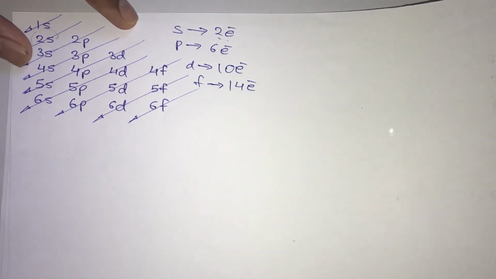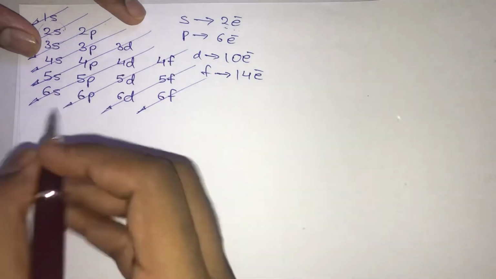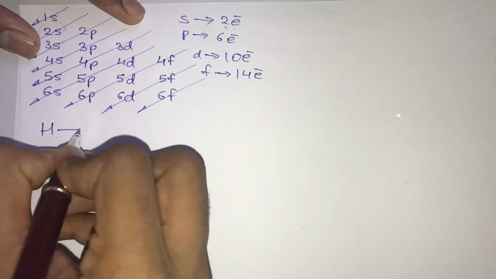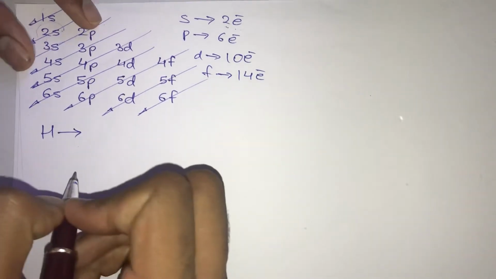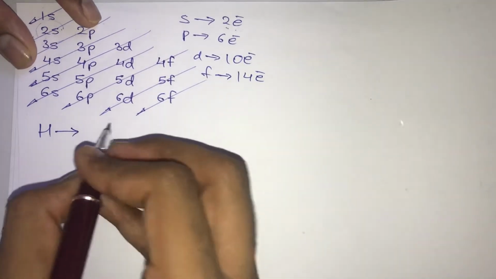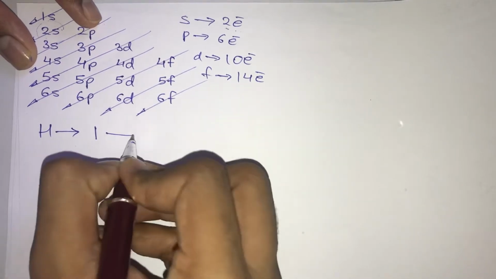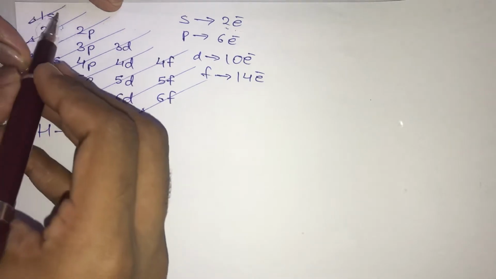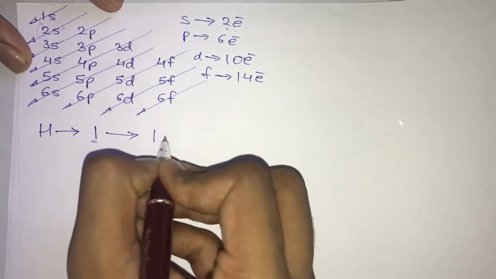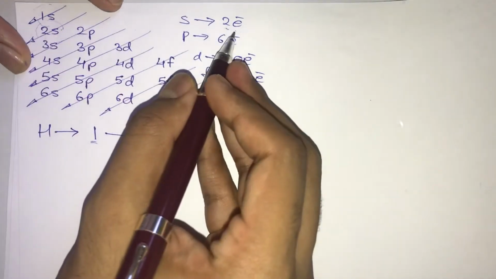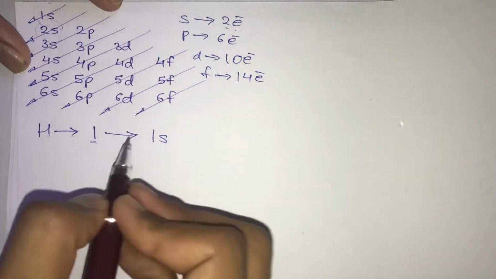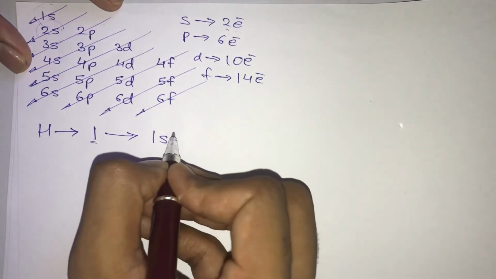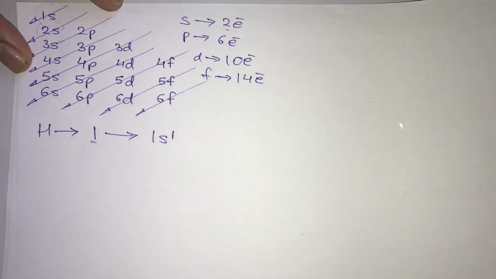So first let us start with the first element, that is nothing but hydrogen. And what is the atomic number of hydrogen? As we all know, the atomic number of hydrogen is nothing but 1. So the first 1 electron is going to get filled inside this 1s. This 1s can take a maximum of 2 electrons, but hydrogen has only 1 electron, so that 1 electron is going to go into the 1s. And since this 1s has 1 electron, therefore we have to write 1 over here.